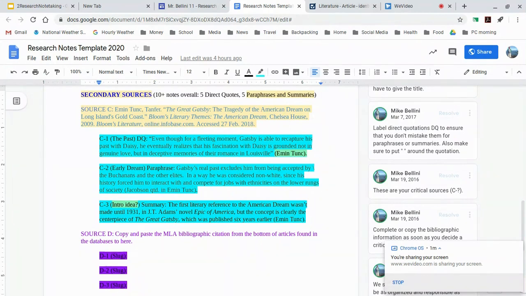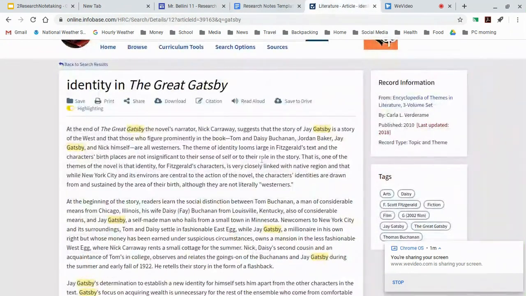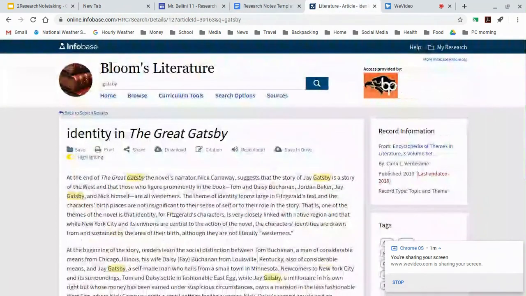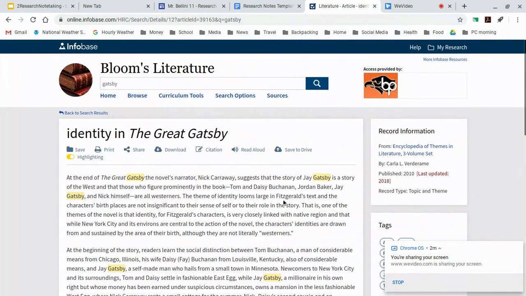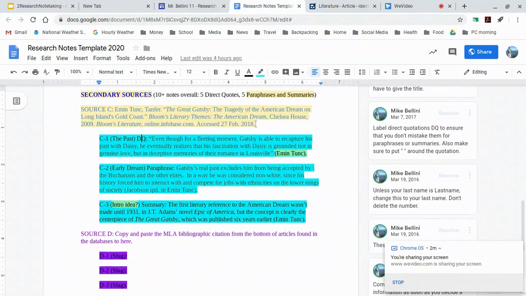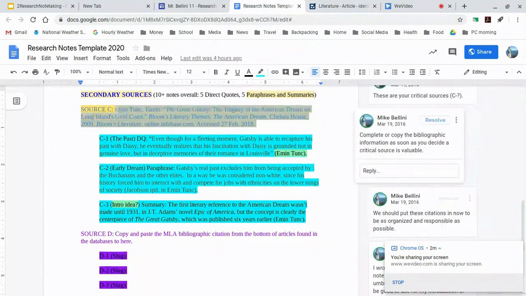And so let's say that you go into one of the databases and you find an article. The first thing you want to do is click citation and copy the citation as soon as you know that you're going to use this as a source. So you do have to read it over first. If you would like to save it to look at it later, you can download it or save it to your drive. But then you go to your notes and you paste the bibliographic citation